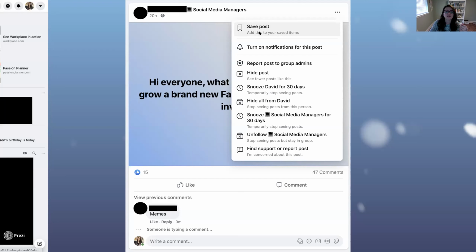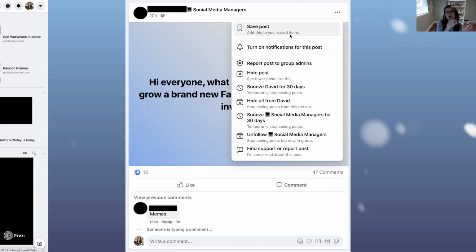So now, I think about a year ago, maybe 2 years now, the Save Post feature was added. When you hit Save Post, it adds this to your saved items. You can choose to put it in a specific folder, which is called a collection. And you can make that collection public or private. All of mine are private just because I want them to be. So I have a folder for social media tips. I like to play video games, so I'm part of a gaming group, and I'll save game tips in there, recipes, all kinds of things. I think I have 6 or 7 folders. So that's a really cool way to be able to go back and look.